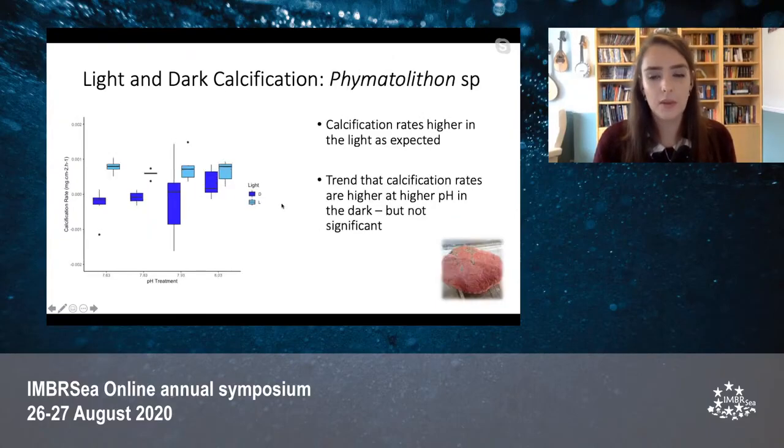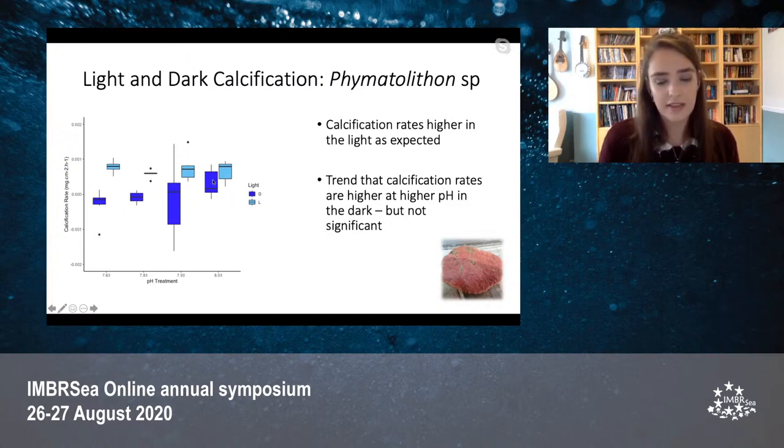treatments. Whereas for the Phymatolithon species, the trend followed as expected in that the calcification rates were higher in the light and lower in the dark. Although there were no significant differences between the treatment groups in the light or the dark, I do think there's a slight trend in the dark that calcification rates are higher at the higher pH. This is because in this 8.03 treatment, 5 out of 6 of the replicates had positive calcification rates, so they were actively calcifying, whereas in the lowest 7.63 treatment, 5 out of 6 of the replicates had negative calcification rates,